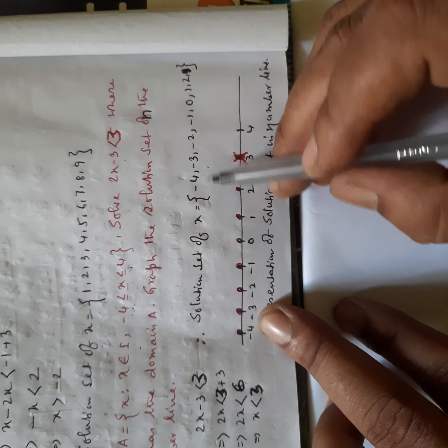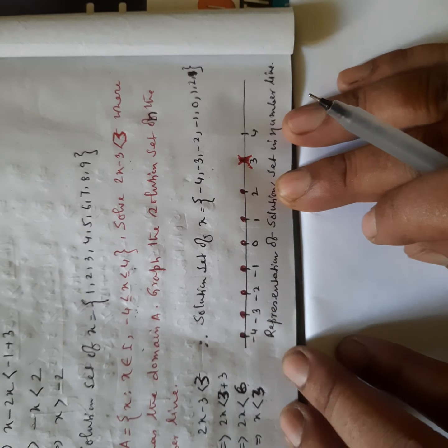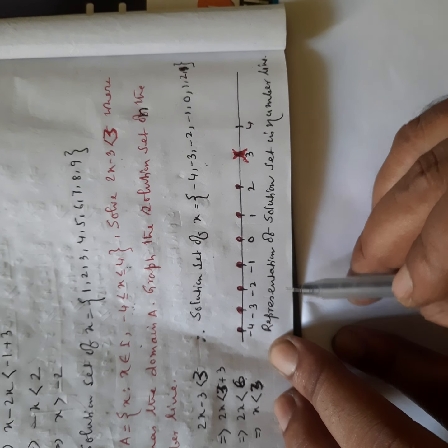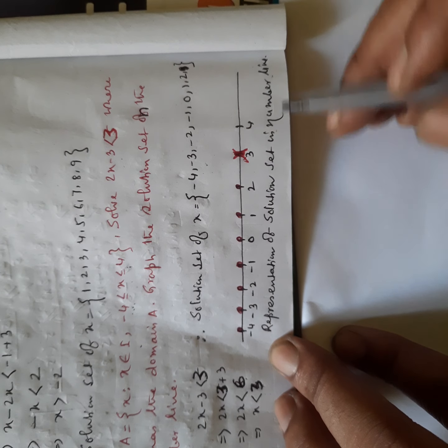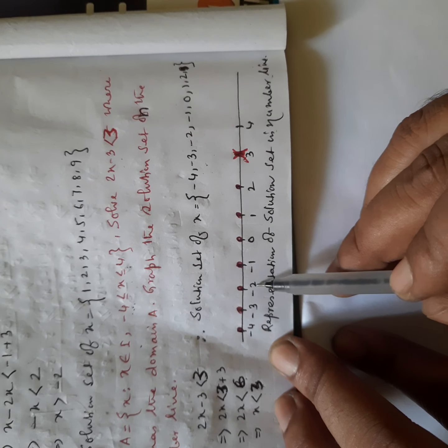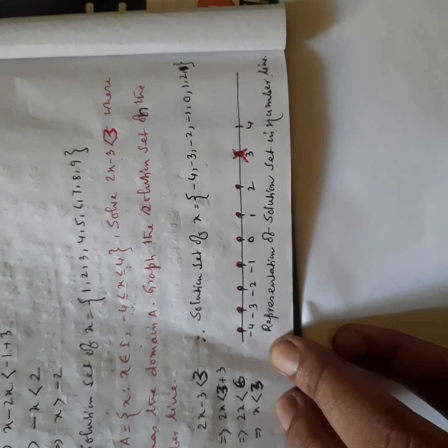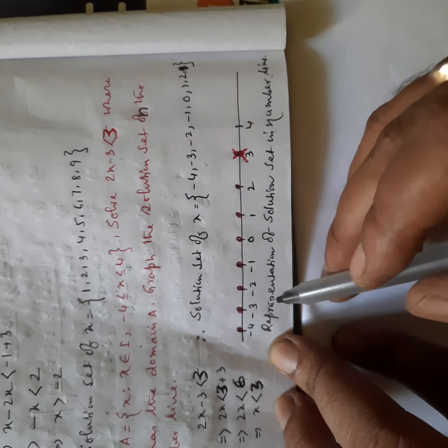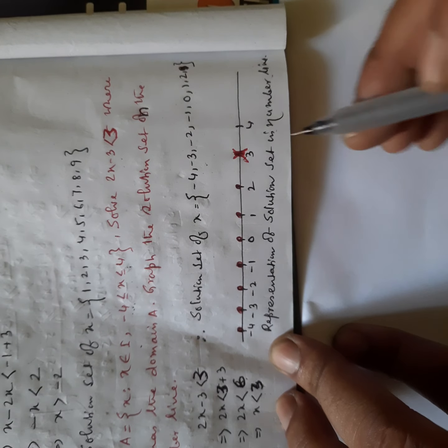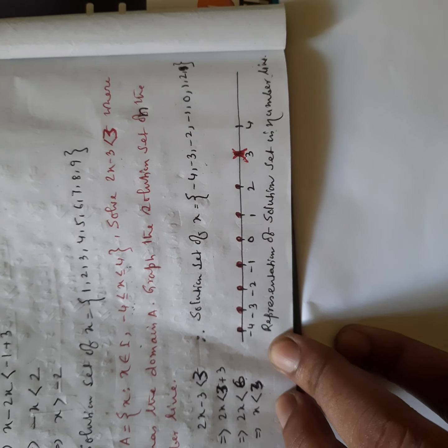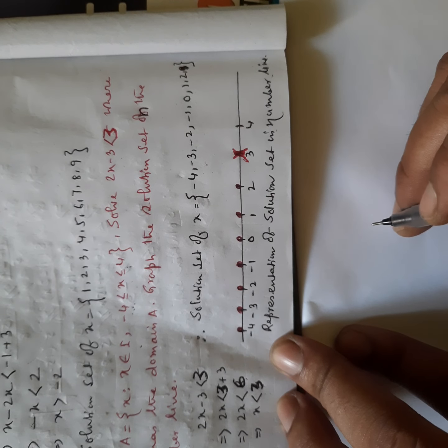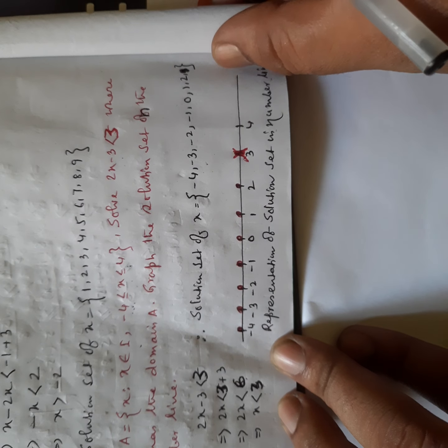And we represent this solution set on the number line. So we write here the representation of the solution set on the number line: -4, -3, -2, -1, 0, 1, 2. And we encircle those points, and all these are the solution set. Next,